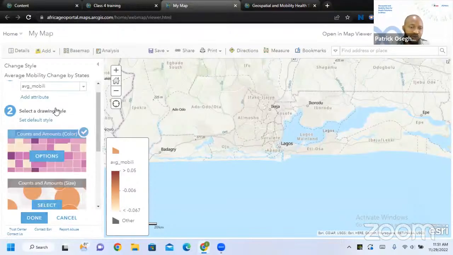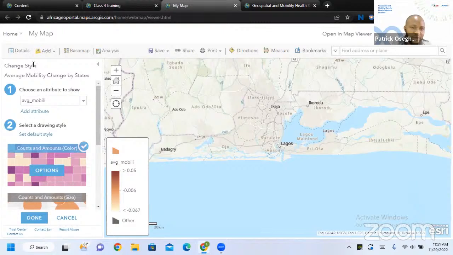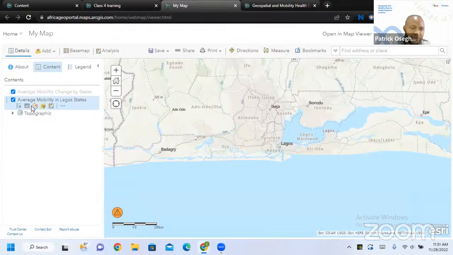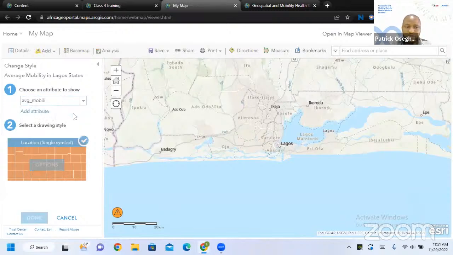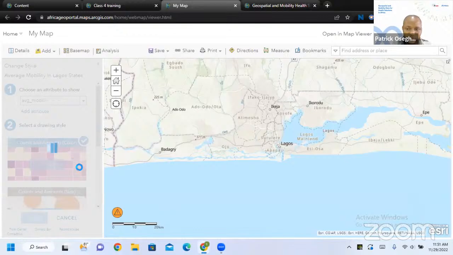Now I'll move down to my local government. I'll click on done. I'll move down to my local government. I want to style my local government now. So what I will do first of all, I need to choose the feature, the column I'm using. My local government should be there right now, but the other thing I have to do is make it visible because it's taking a particular level. Wow, why is it loading? So let's just give it some time.